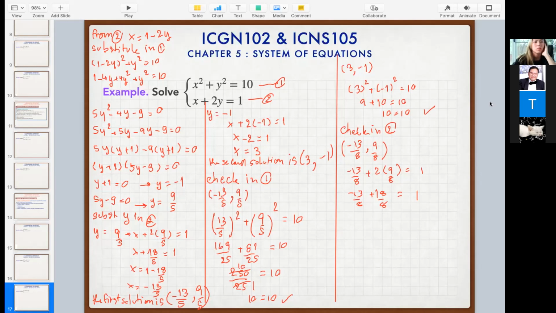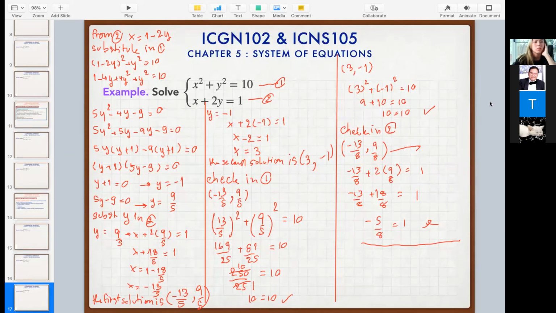plus 2y equals 1. Okay, x plus 2y equals 1. So in this one we get negative 5 over 8 equals 1. That is not equal. So that means in this one it is not true in equation number 2. That means when it's not true, the solution negative 13 over 8 and 9 over 8 cannot be used in this system of equations. Okay, next,